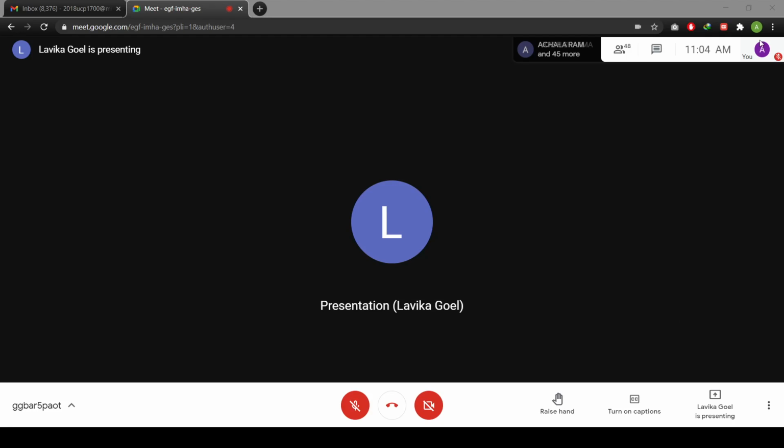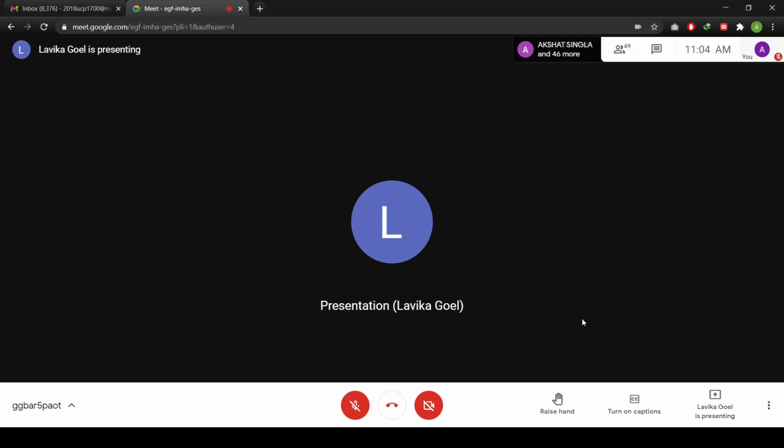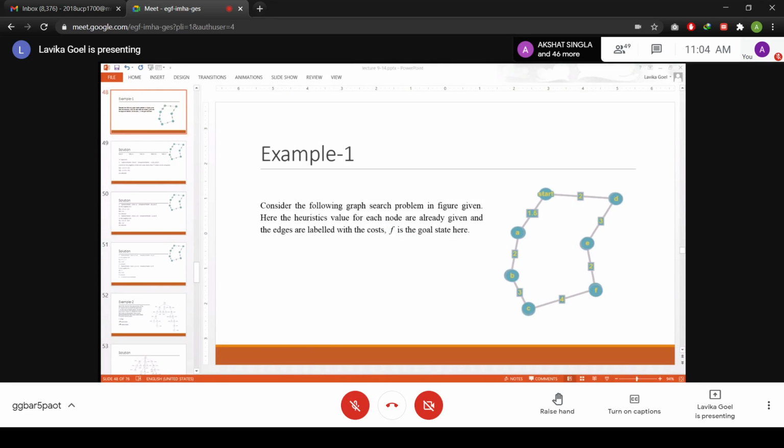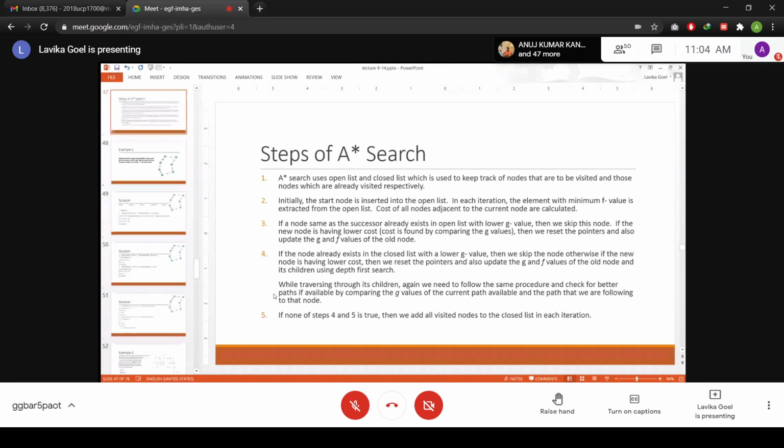Update the F value. So that is what to do in the case of an open list. And if that duplicate node occurs in the case of a closed list, we had discussed the two cases. So if the node already exists in the closed list, just see point number 4. If the node already exists in the closed list, then in that case, if the new path is